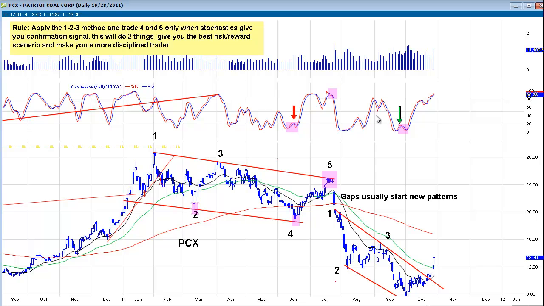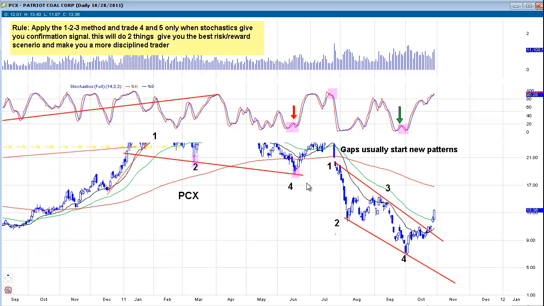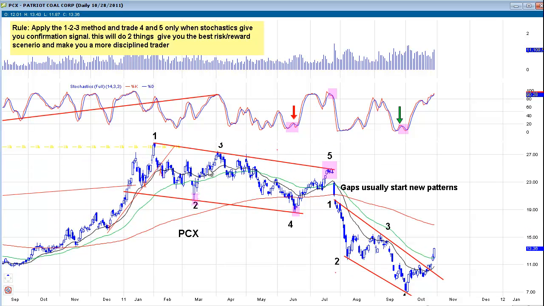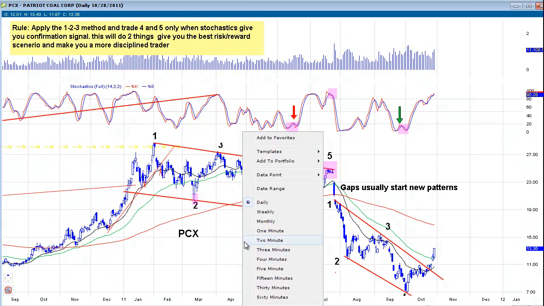All right, same thing here. Once you were able to get that gap, you start a new channel, 1, 2, 3. If you go down over here, you can actually see number 4, lower trend line, oversold stochastics, and then boom, you can see that nice move up out of this. So that's what this represents. 1, 2, 3 pattern, trade 4, oversold stochastics, move. I do that all the time, and you can see this is on a daily chart, so it doesn't happen every day. But you take that same chart,